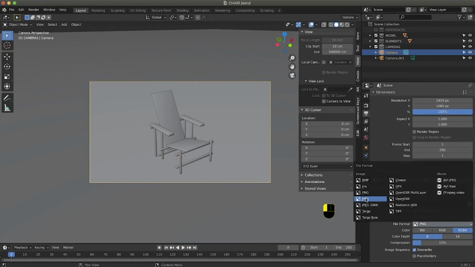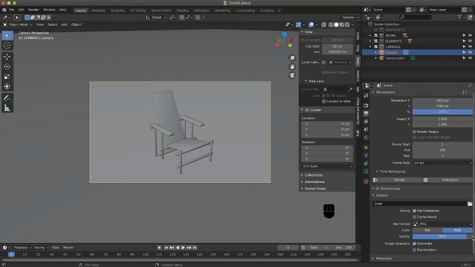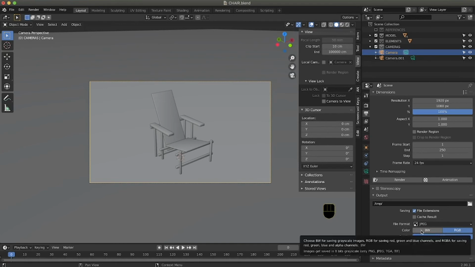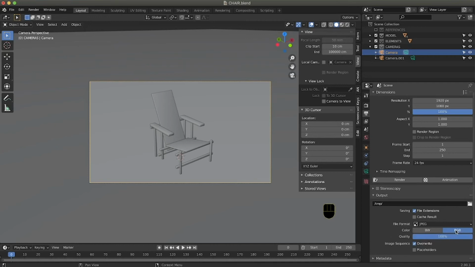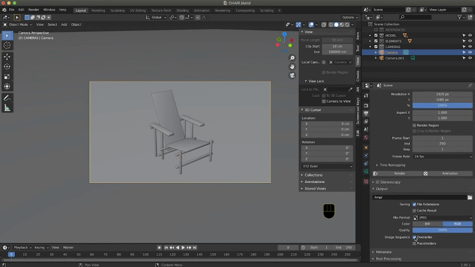In this case, I'm gonna save in JPEG. The quality can be 100%. You need to set up if it's black and white or RGB. By default it's RGB and we need to keep it. Overwrite basically overwrites a file with the same name in the same folder, and placeholders creates a placeholder when you render it, mainly used for animations.